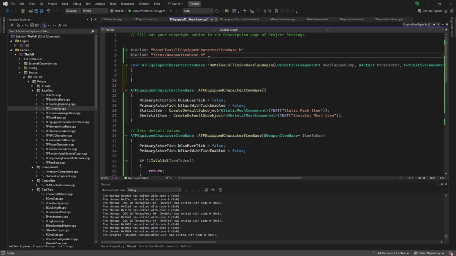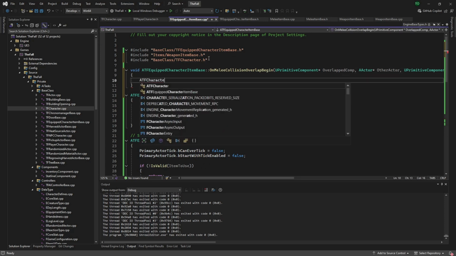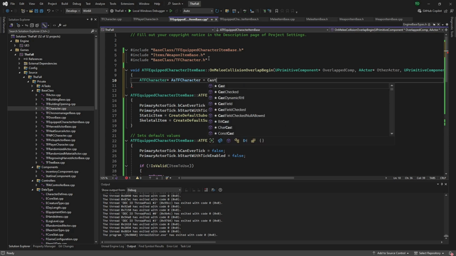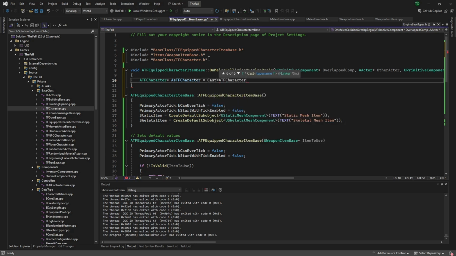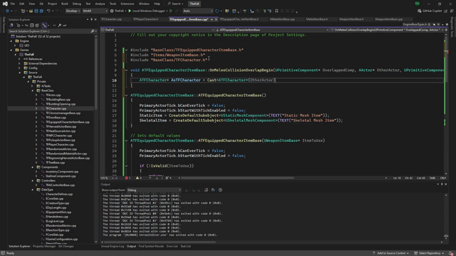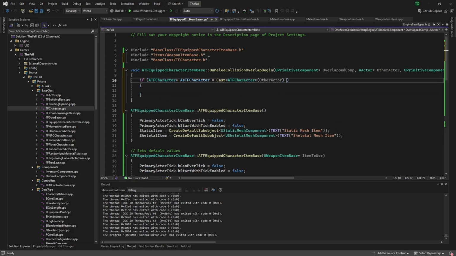We're going to include that in our headers, and we're going to go ATF character pointer, like we've done before, as TF character equals cast ATF character other actor, and then actually it's if that is successful,